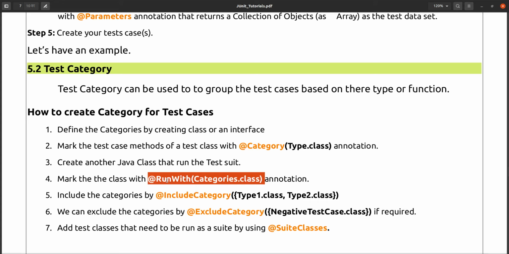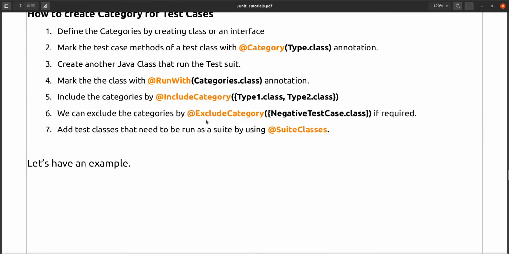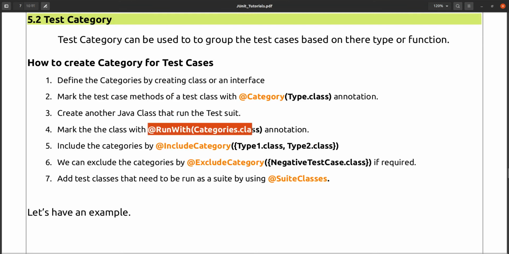We have to mark Categories.class, the same way we ran with Parameterized previously, but now we run with Categories, and that category we will define on top of the test class.